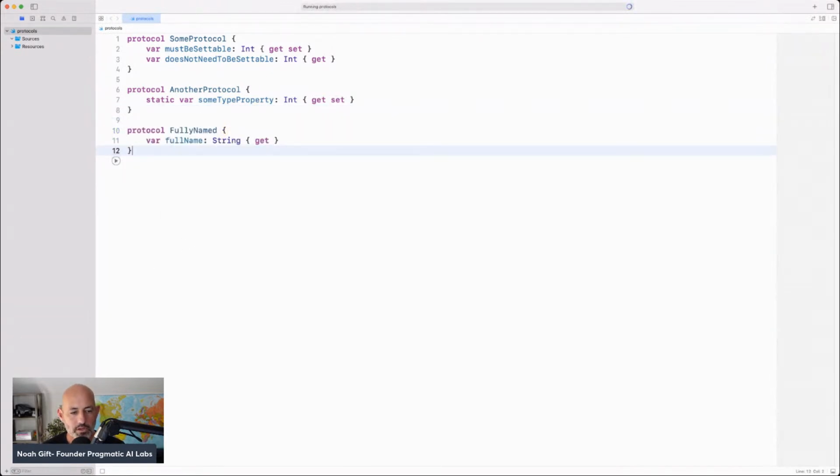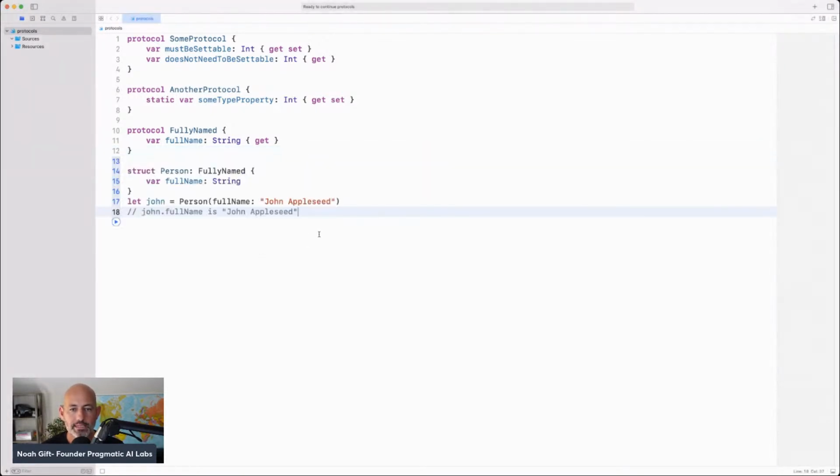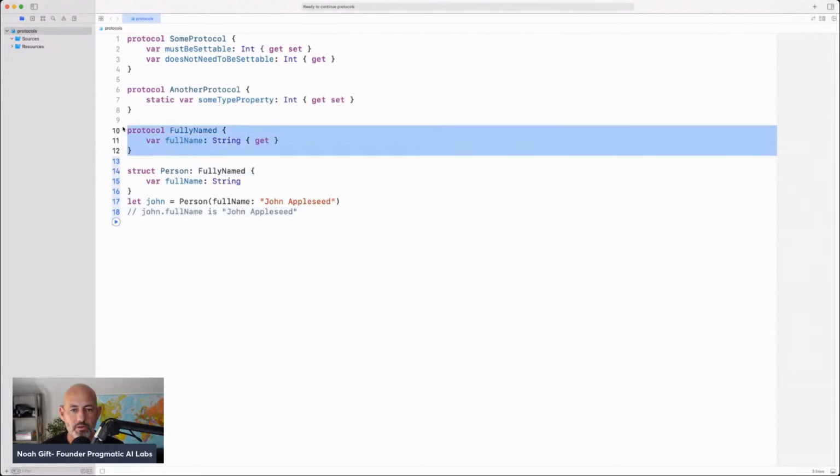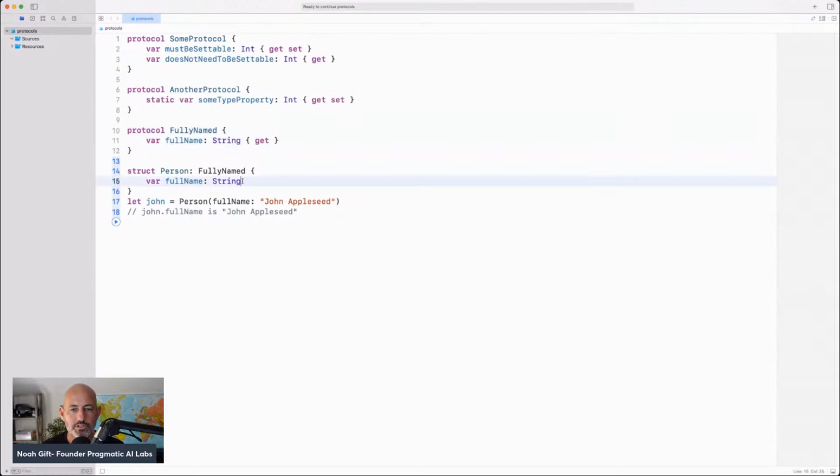Looks good. FullyNamed protocol requires a conforming type to provide a fully qualified name. And so here we go. If we run this, we say Person is FullyNamed, so it's going to use that protocol. Var fullName String, let john Johnny Appleseed, and john.fullName